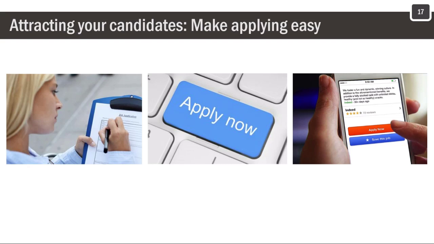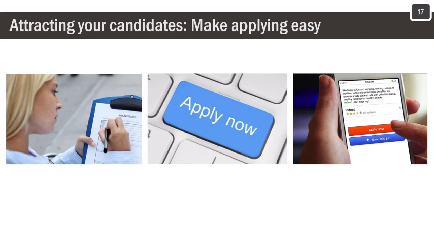Thinking in marketing terms about attracting your candidates also means making buying easy. Make it easy for people who show interest to apply directly. For example, currently, the majority of employers say that job seekers cannot apply for jobs on their career site device. That is wrong. Companies must make applying an easy and user-friendly experience and within the reach of any mobile device. This is particularly true if you want to attract passive job seekers, people who are already happily employed. These are often the recruiter's ideal targets, but they're not likely to return to a desktop later to apply for a job they found on mobile.